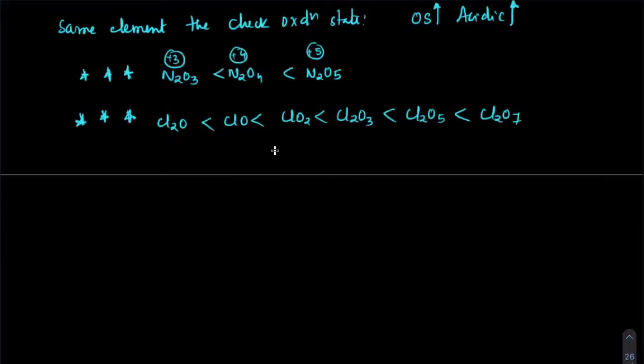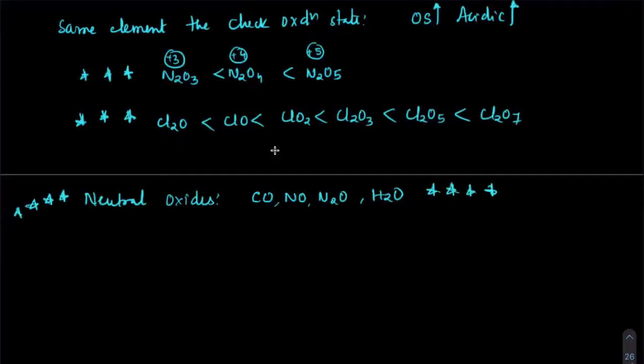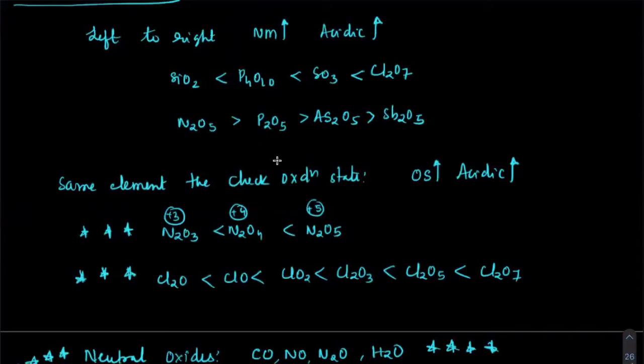Last thing here is about neutral oxides. There are only 3 neutral oxides: CO, NO, and N2O. Well, H2O, we do not call it an oxide, but sometimes if it is given in the options, like find the neutral oxides, you can always take H2O also. So these are the only 4 neutral oxides in the entire periodic table. So you better memorize that. I guess you understood which parts you need to remember very carefully.